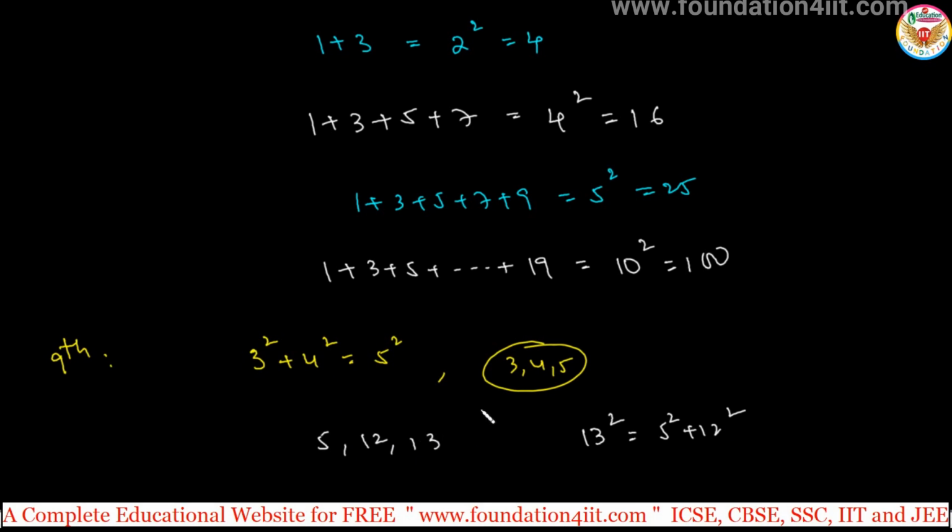About the Pythagorean triplet, we will see it in one more topic also, clearly. So just remember, if the square of one number is equal to the sum of the squares of the other two numbers, then those three numbers are called a Pythagorean triplet. Okay, this rule you can apply. Same topic we will see later also, more clearly.